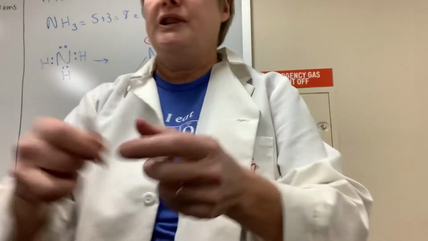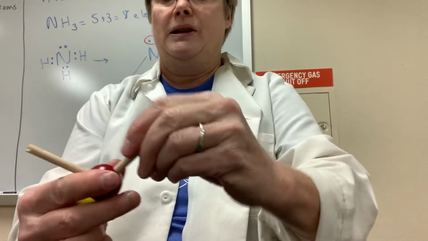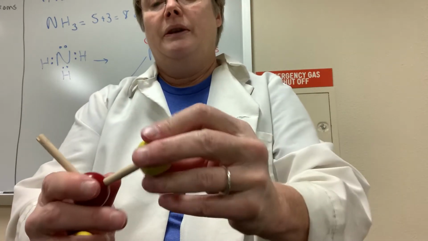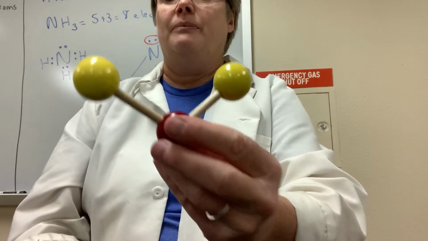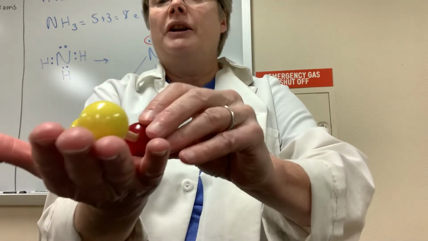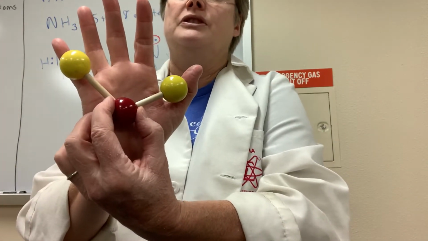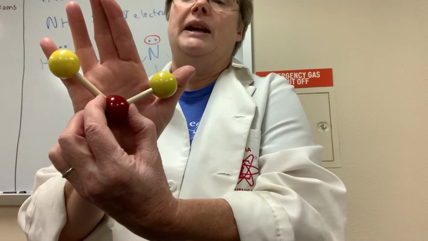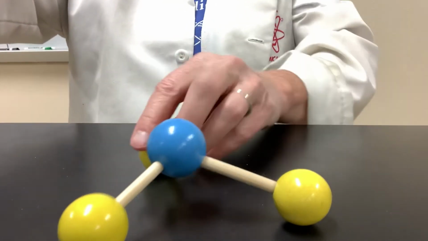And then we need 2 sticks. So I'm going to put those 2 sticks in the oxygen. And then we'll put the hydrogens on. And this is the shape. So notice I said it was a flat molecule, so this time all of the atoms, the oxygen and the 2 hydrogens, fit in the palm of my hand. It's flat, it's planar. So, it'll lie flat on the desk. Unlike the ammonia, the pyramid,